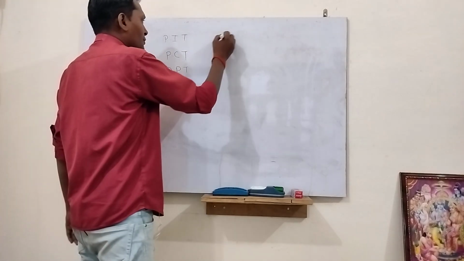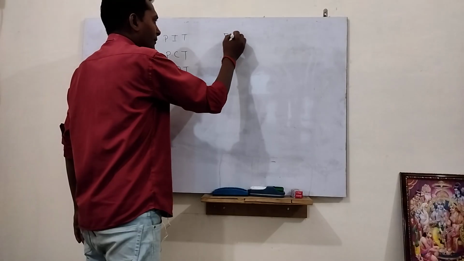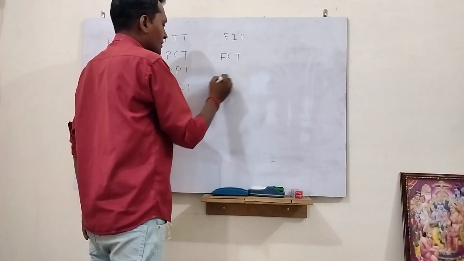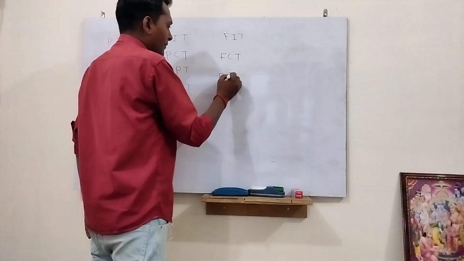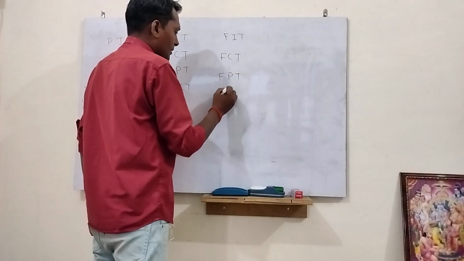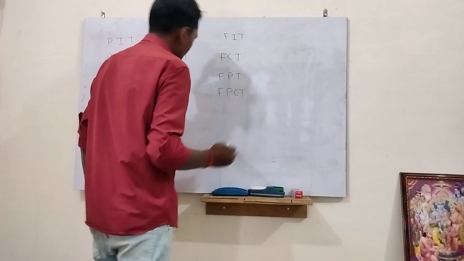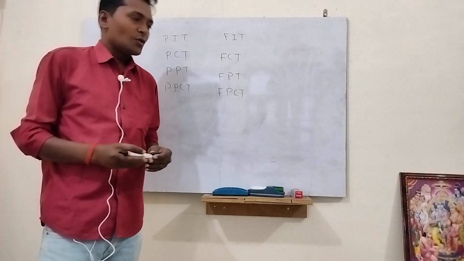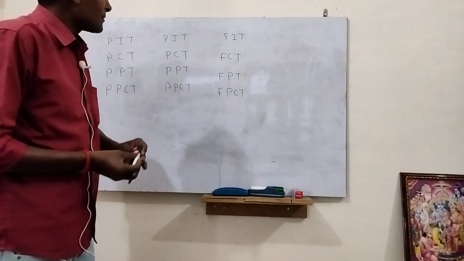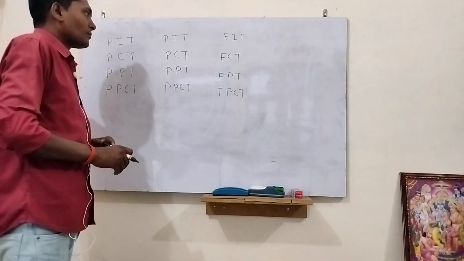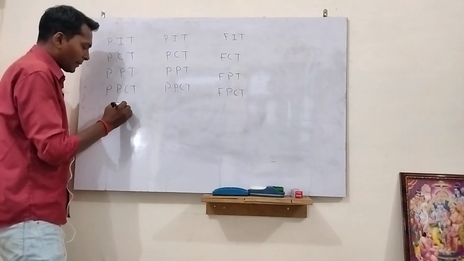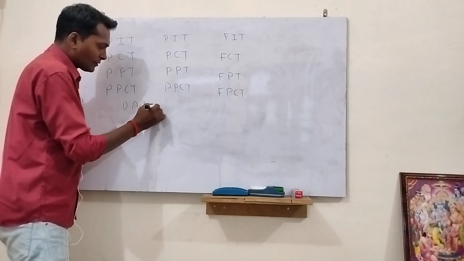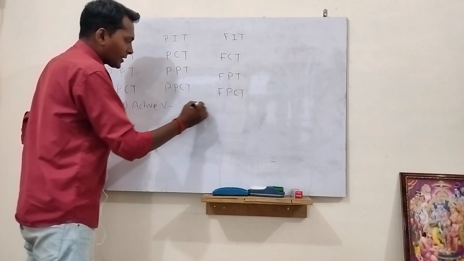Now we will come to the future indefinite tense, future continuous tense, future perfect tense, and the future perfect continuous tense. These are all 12 tenses, right? You must be aware of all these tenses. So whenever you are converting from active voice to passive voice, active voice to passive voice,